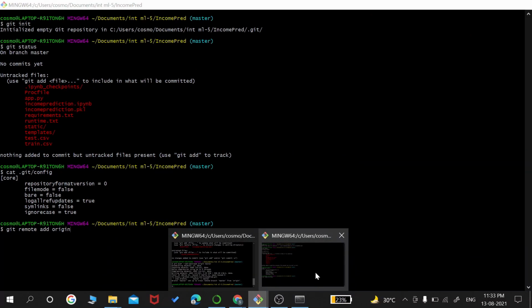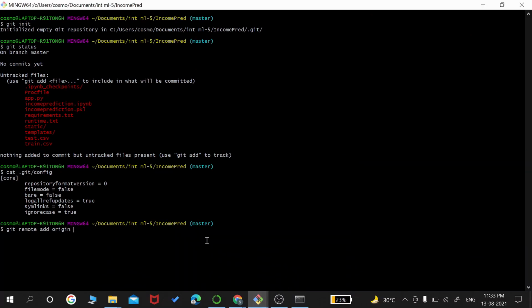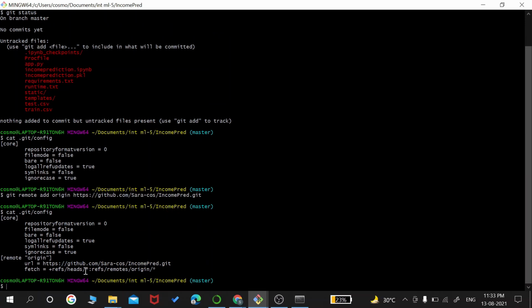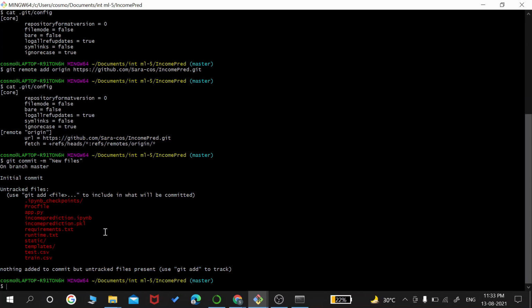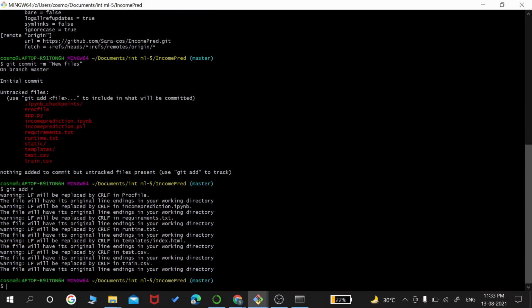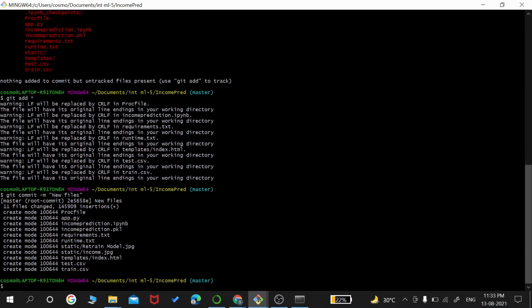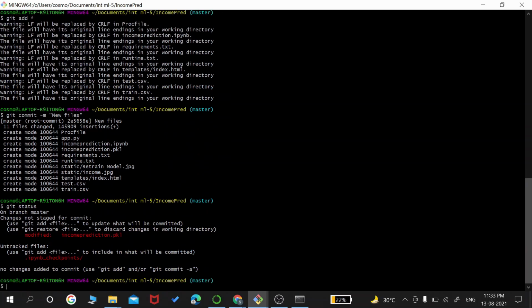that's the thing. I will paste this, and once I paste it, the URL will be changed. I can see in the configuration that we have the URL. So now I can just go and commit it. New files, and sorry, I haven't added, so real quick, and then commit, and we can see in the git status that